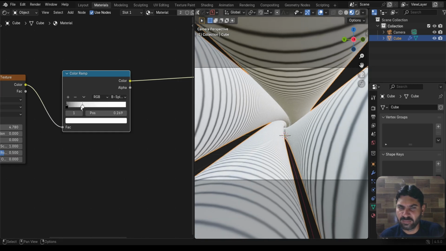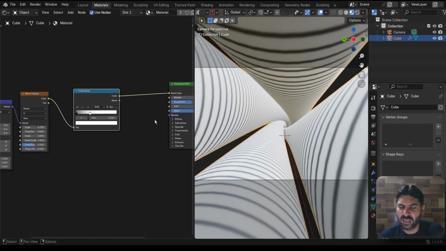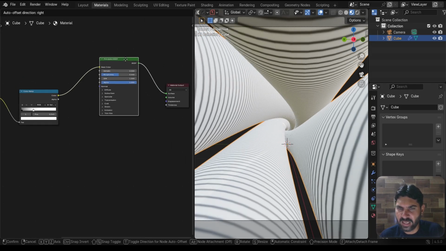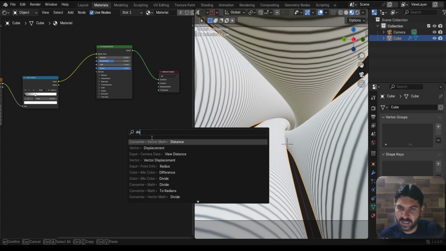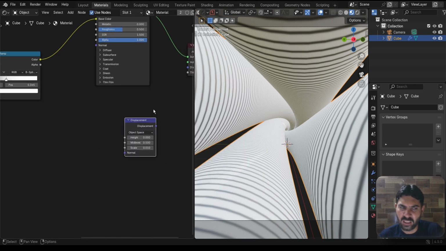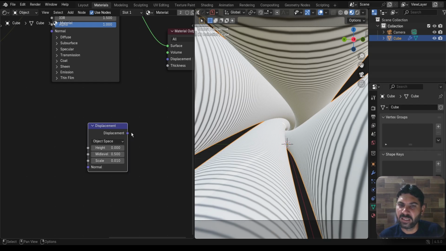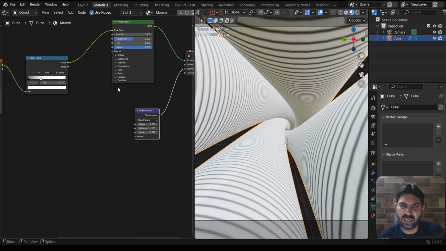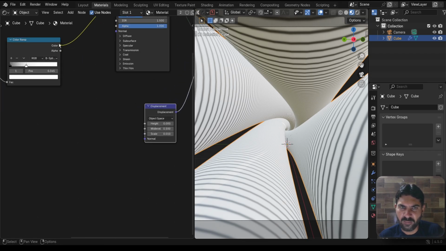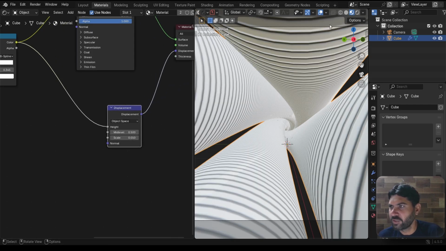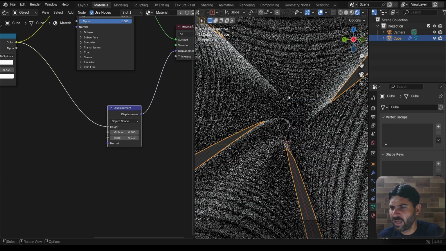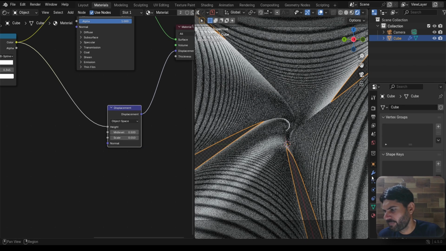this something like here, and I also want to add the displacement to this wave texture. So for that, here I search for the displacement node and connect this with the displacement of the material output. And here I connect this color with the height of this displacement. So you can see, and to see this displacement, you should be in the rendered view, and here in the